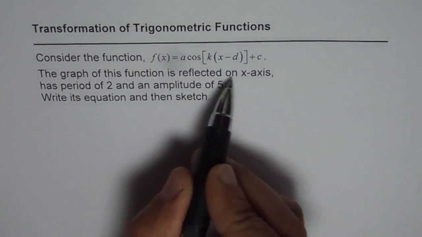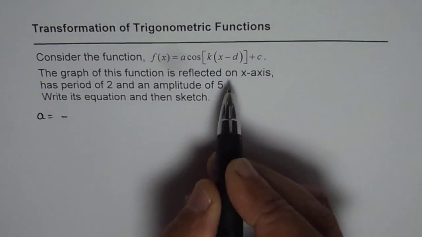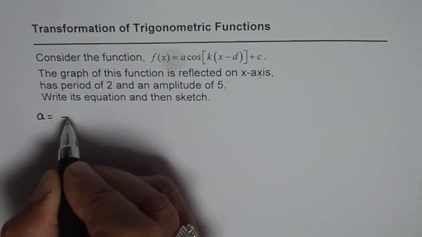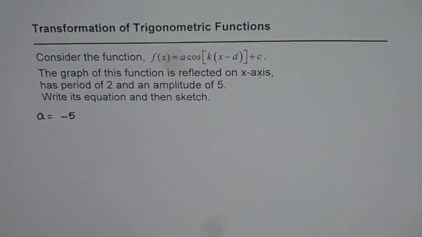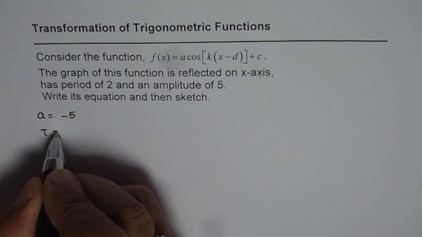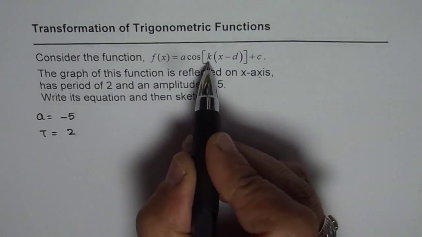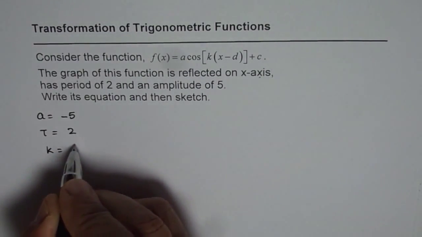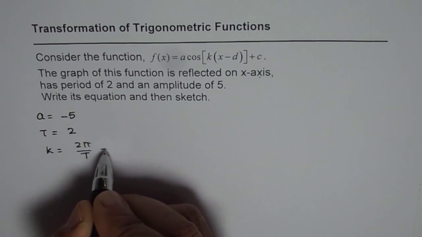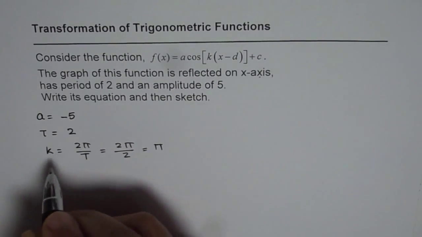It says it is reflected, that means a is negative, right? So a is negative since it is reflected on x-axis, and also amplitude is 5, so a indeed is minus 5, correct? Now the second part is it has period of 2, that means T is equal to 2. Now this value of T helps us to find the value of k. So k will be equal to 2 pi by T. So in this case it is going to be 2 pi by 2, or you can say pi is k